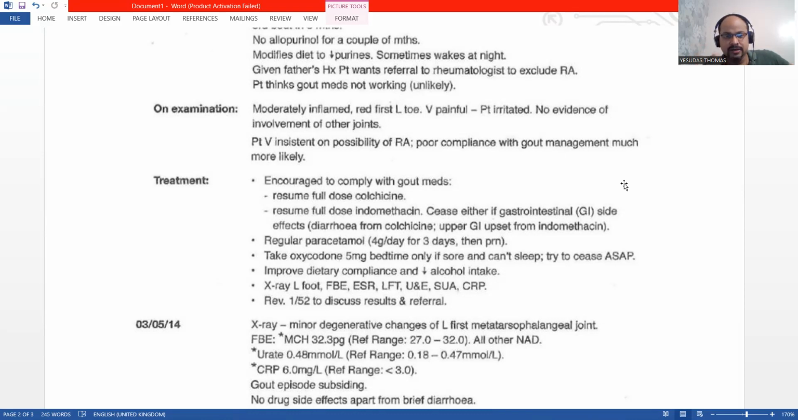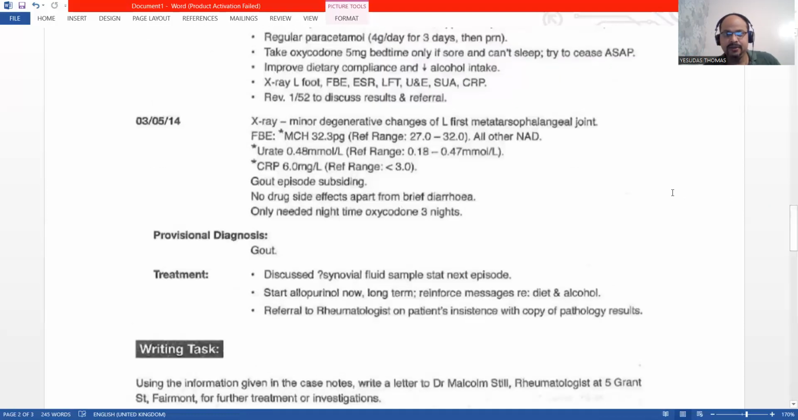Now, take oxycodone. If sore, can't sleep, try to cease as soon as possible. So it is not going right now. So we are not going to write it. Improve dietary compliance and alcohol intake. So we have to write it because it's something which is related as a treatment, which is regarded as a treatment for the gout. Now we have seen the patient today, that's on 3rd of May,